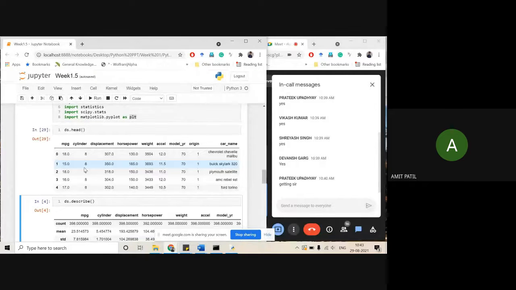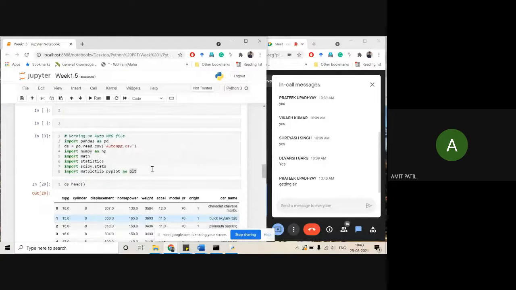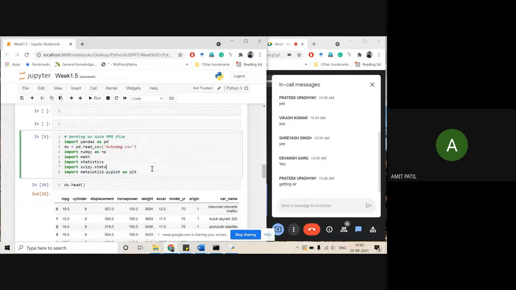This will give you just a brief idea about what type of variables you have. Excuse me, sir, can we use all these functions while using the XLS format for the file? Yes, I guess you can do that. Are you facing any problem?